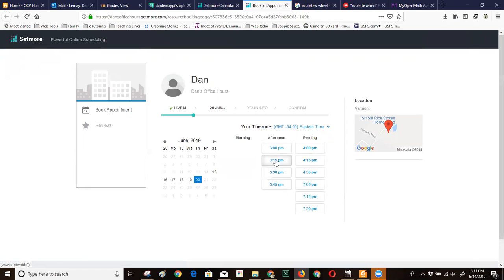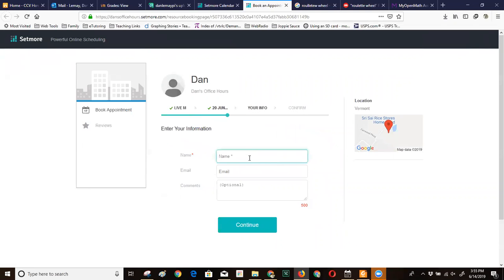But what you do is just click on the slot you want. Put your name in, put your email address. If you want a phone call, put your phone number here, though I will probably have that in Maestro. And then click continue. You'll get an email, and I'll get an email that you've got this time booked, and then we'll either use a phone call or we'll use Zoom. You can see more of that in other places. So let's go back to